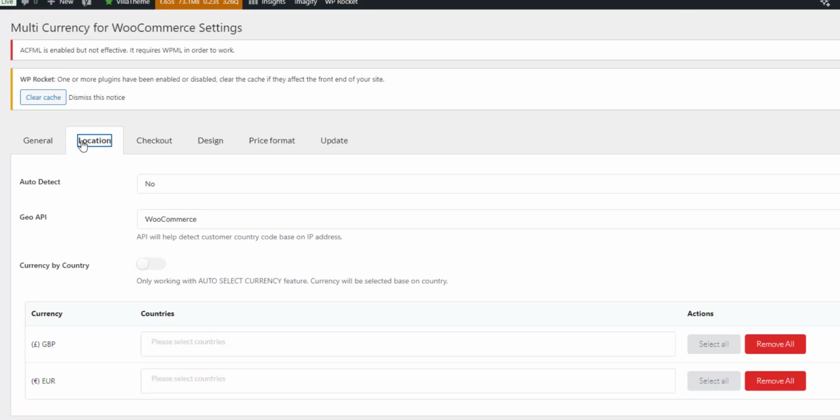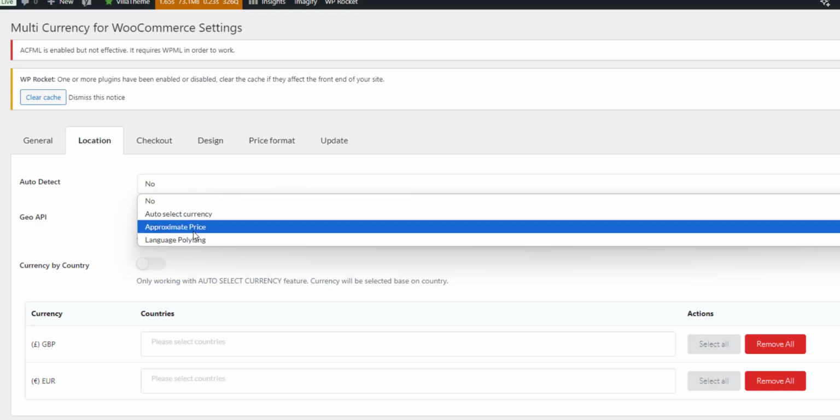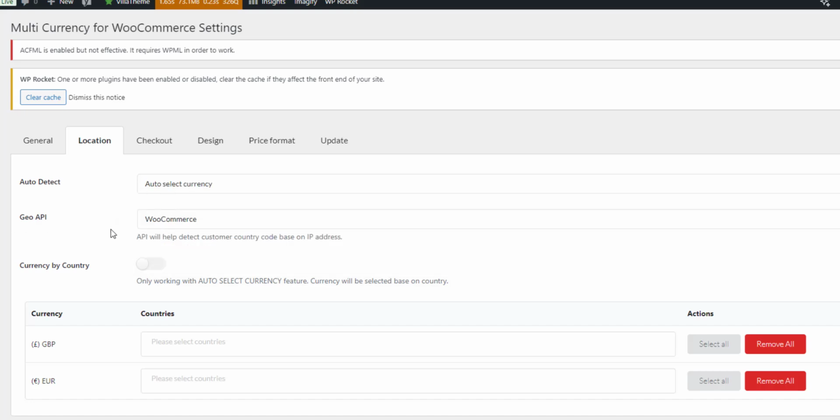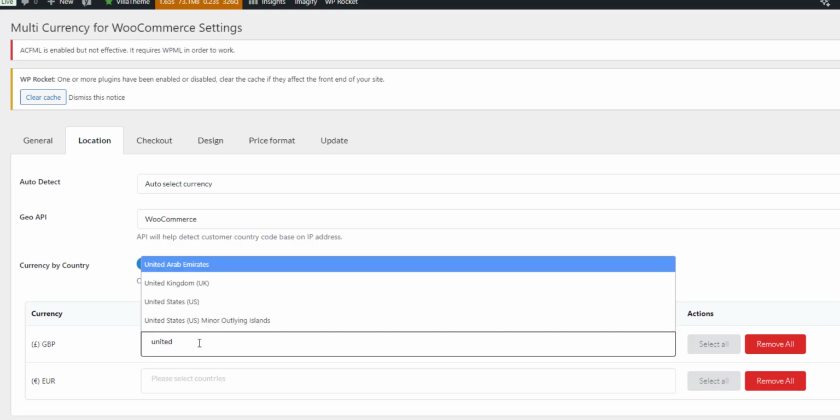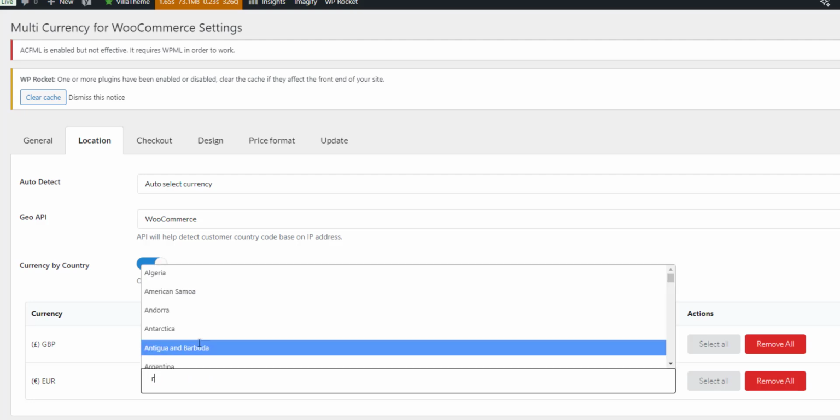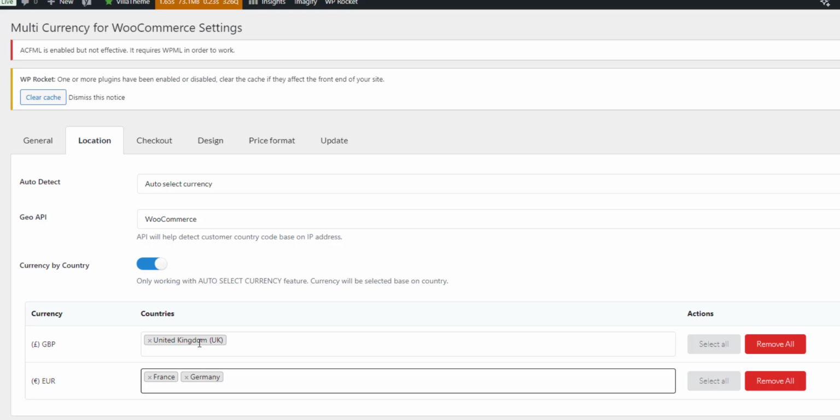Then you can decide to have some auto select. Let's auto select the currency. From the WooCommerce API, we can have a currency by country. So for example, you only want to sell in GBP to the United Kingdom, but the euro to France, Germany, etc. I'll not fill in the whole Eurozone, but what that's going to do is, if a site visitor